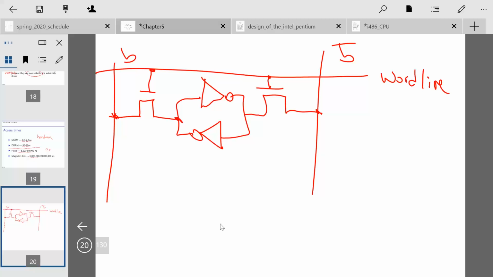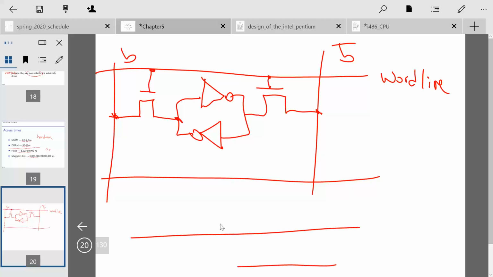And then, of course, remember we have the row decoder, which is what actually lights up these word lines, because remember, we're going to have multiple word lines as we go down. And that's the first part of the address. The address into our SRAM is broken up into 2 parts: the word address and the column address. If you look at it in terms of the address, the most significant bits of the address are the word line, and then the least significant bits of the address are then used